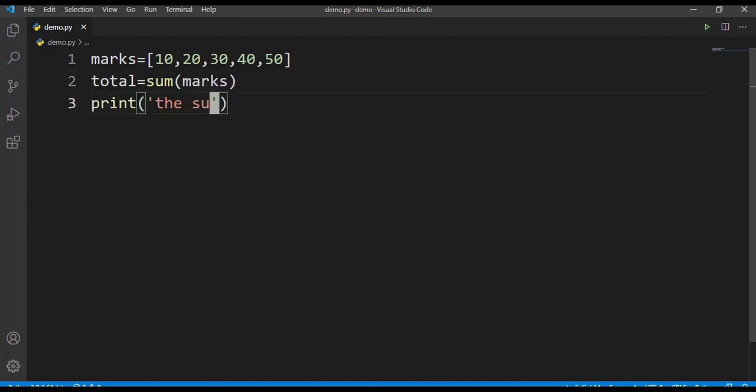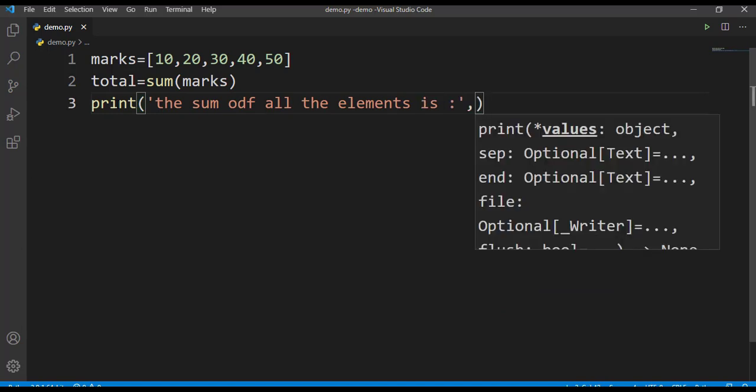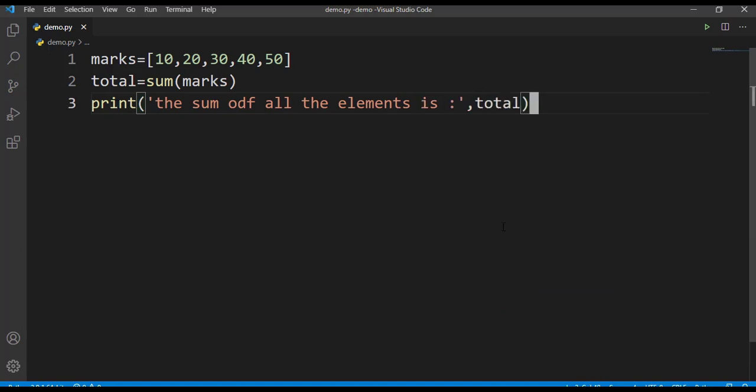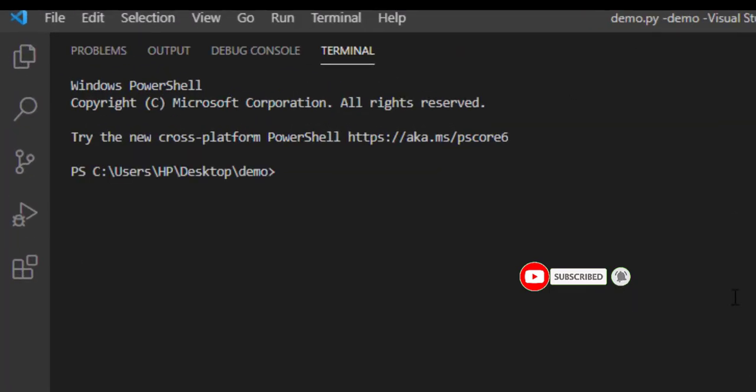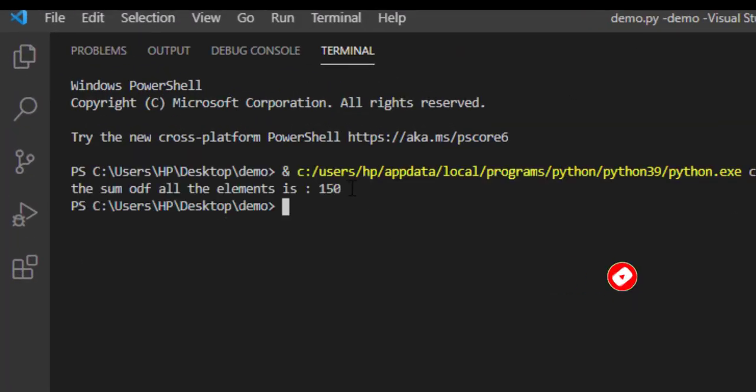Print the sum of all the elements is, comma, total. I can make use of a for loop here as well, iterate through this list and find the sum as well. Let's run this. We should get the total sum. So that is 150 we are getting.